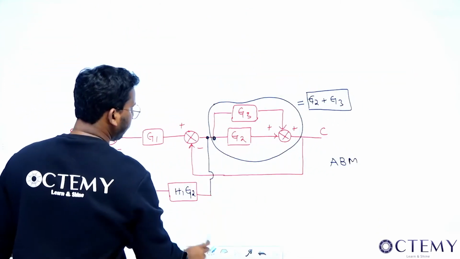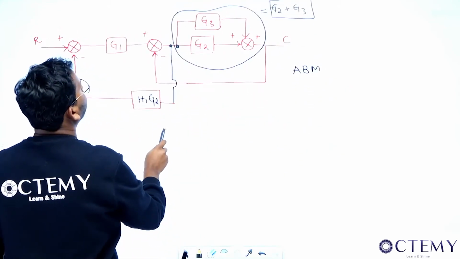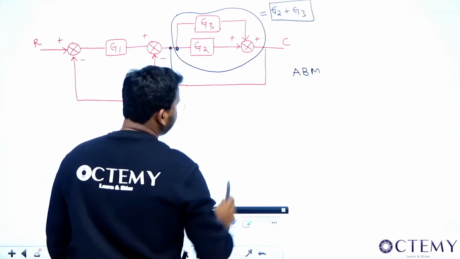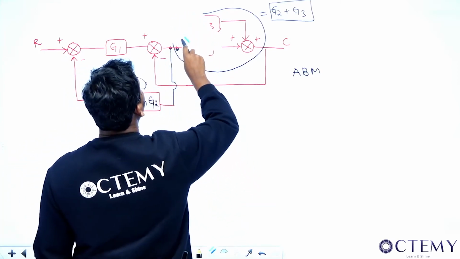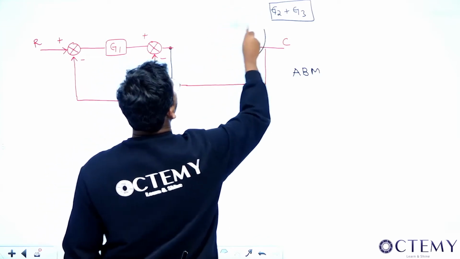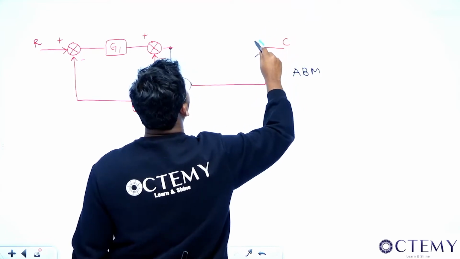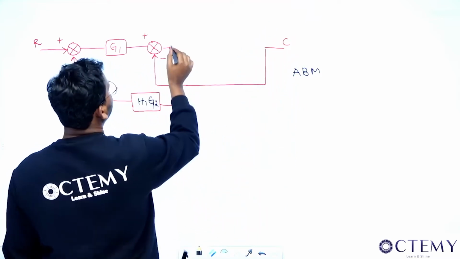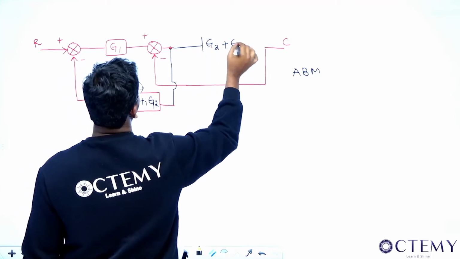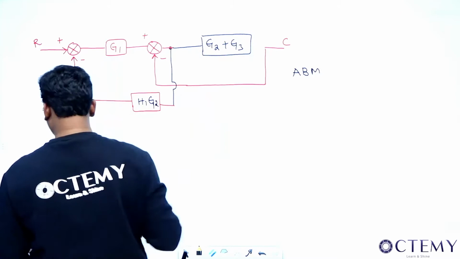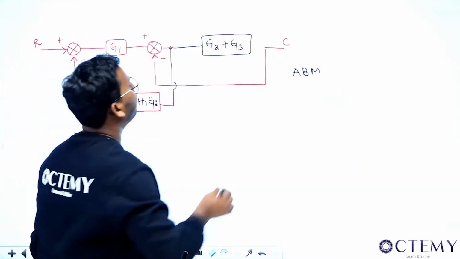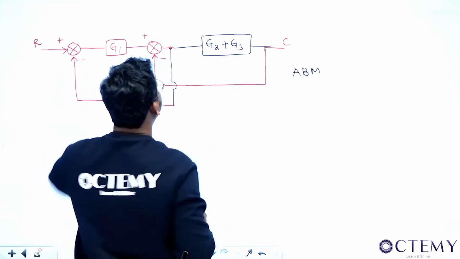Right. Now see, sir, what I am doing. Now I can actually rub this and write here like this. I can rub this entire thing here and I can replace it with what? Because that summing point is also gone now. That summing point can be replaced with what now? It can be replaced with G1 plus G2. Very good, sir. This is basically G2 plus G3. This is what has happened now. Now see, sir, what will happen next? Because this can be written like this. Now see, sir, it would have been nice if this point was not here.